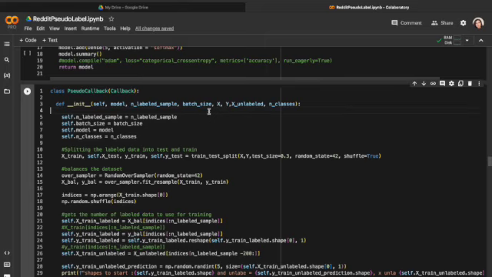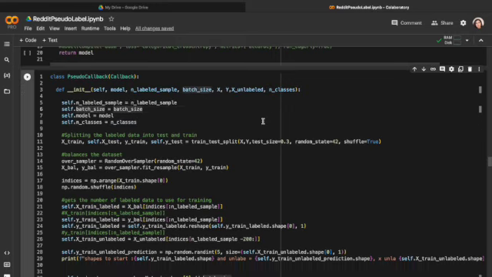So we do the same here. We also define the batch size, meaning how big of a portion the model is going to be trained on. We add the X and Y, which are the label values, and then X unlabel inputs, just to see how the model is going to do. And then also the number of classes the output has.